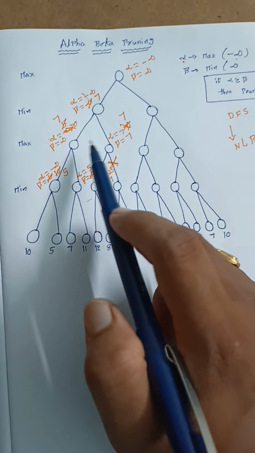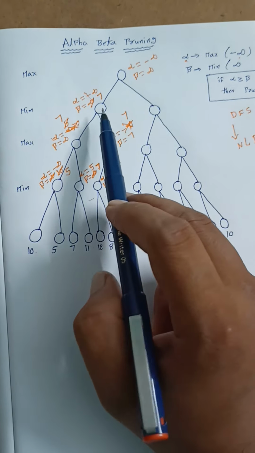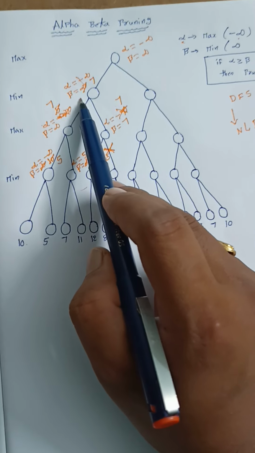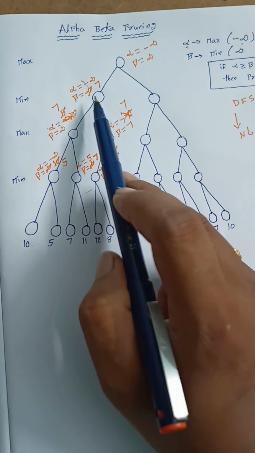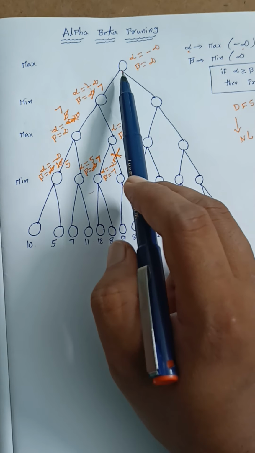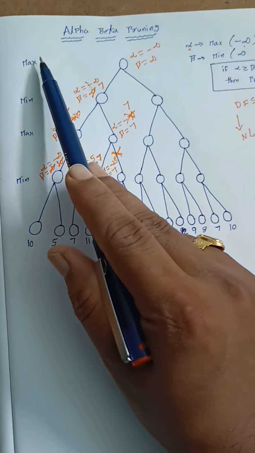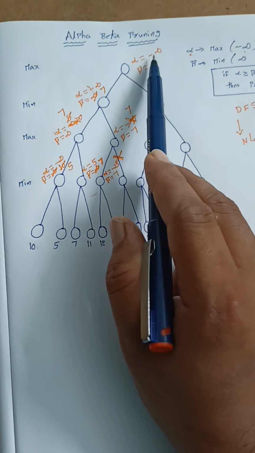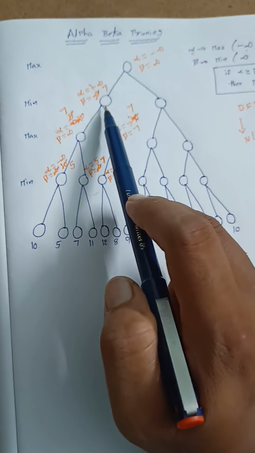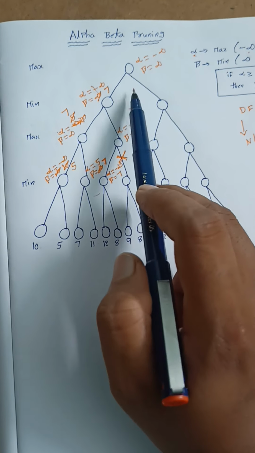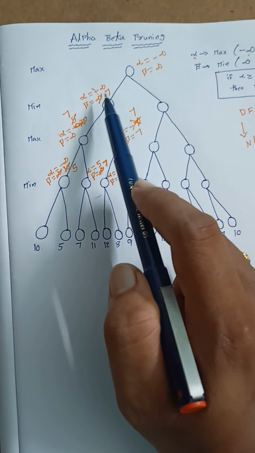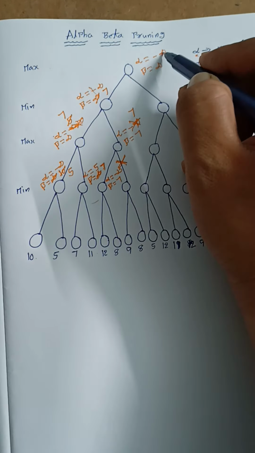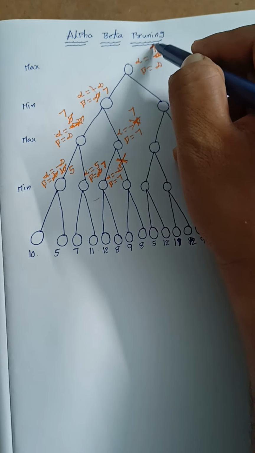Okay, that means we stop the left child here. Up to now this is the minimum, so now please compare the minimum. Minimum means beta. So 7, 7, 7 is the minimum. Now we will move to the parent node. Here this is related to the maximum. Maximum means alpha. Alpha here is minus infinity. Please compare the left child values. Minus infinity and 7, which is the maximum value? 7 is the maximum value. So alpha is equal to 7.